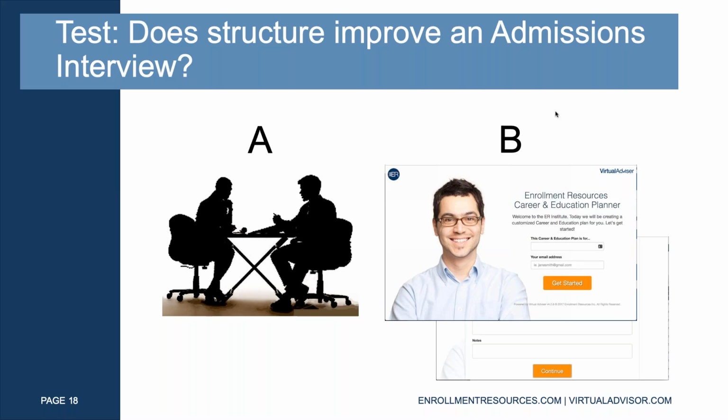And B here, using our virtual advisor tool, we've actually taken a structured interview script, as it were, and kind of, I hate the word forced discipline, but it's essentially what it is. We've made sure that the admissions rep actually goes through the process in the right order, asking the right questions at the right time in the right way, that would hopefully lead them to a better conclusion,